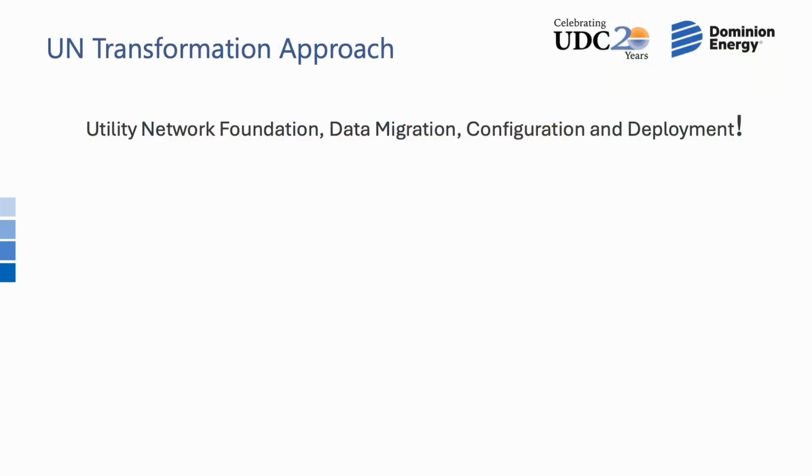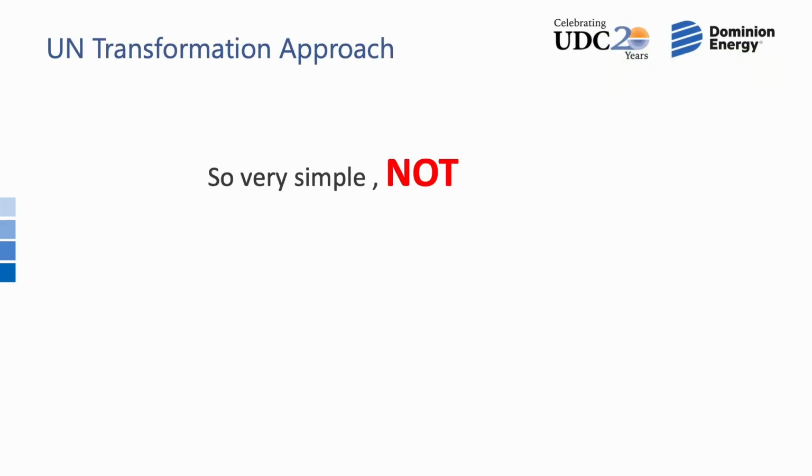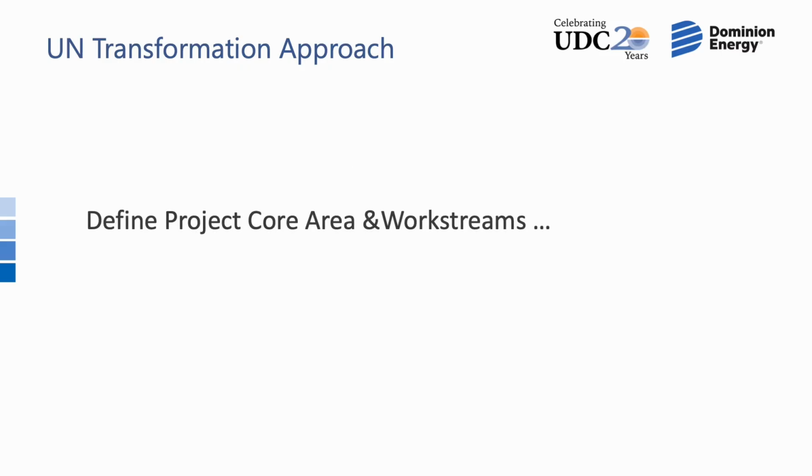Migration, configuration, deployment. There's actually a lot to it. There's a lot that has to go through. You really have to think about, as Sunil said, we have all these other objectives within Dominion. We have parallel projects. We've got other deliveries happening in 26 that we have to worry about. We have OMS coming up. We really have to define the core areas that we want to try to manage over 3 years. So we have to take one step at a time.